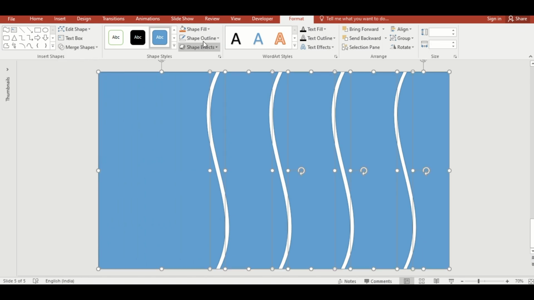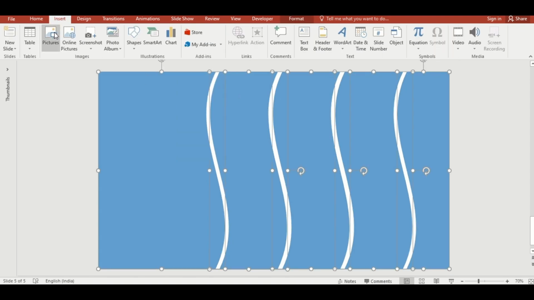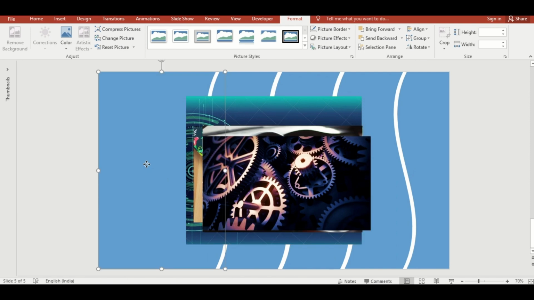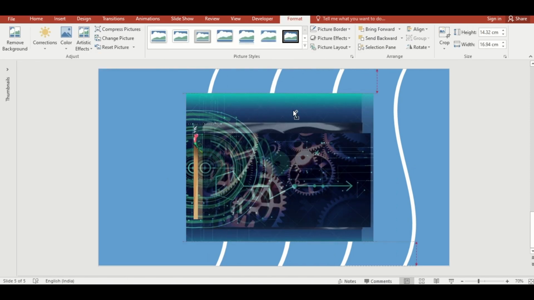Select all. Remove outline. Now it's time to add technology images. Go to Insert, then Pictures. Select 4 images that represent technology. Select this, duplicate